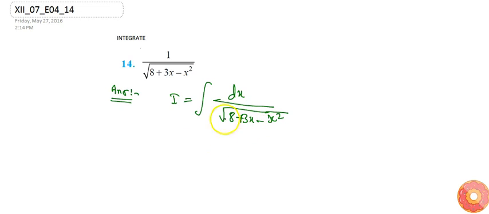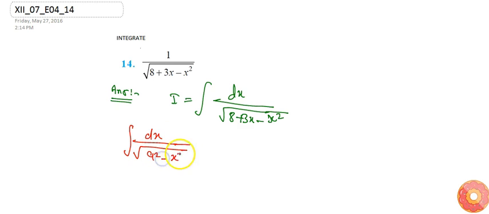In this integration, since the denominator is under root of 8 plus 3x minus x square, and the polynomial in the denominator under root is of order 2, which is also with a negative sign, we should get a clue that in this question we need to use this formula of integration, which states